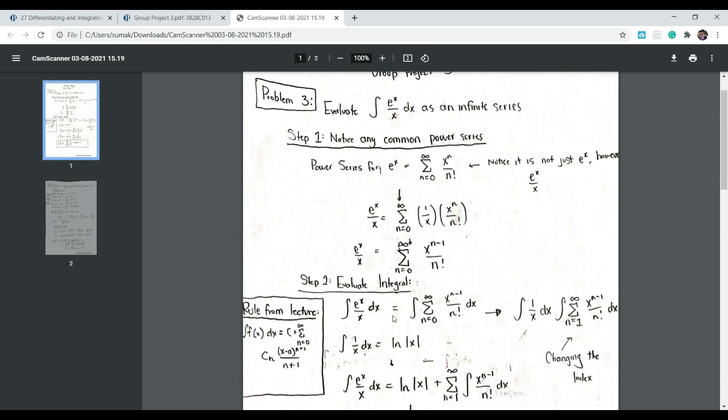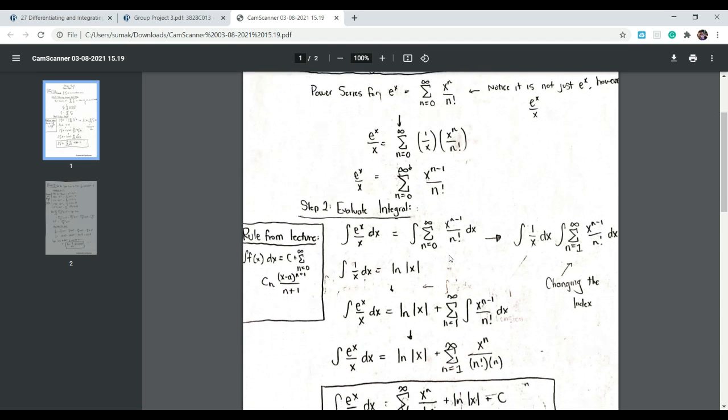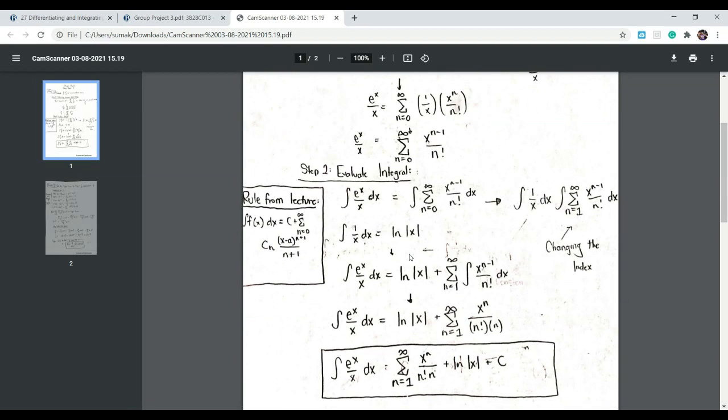So we have e to the x over x. Since we divided by x, we got the summation from 0 to infinity of x to the n minus 1 over n factorial. Now, the second step is I wanted to evaluate this integral. So the integral of e to the x over x dx, sorry, I'm talking kind of fast. We're actually going to plug what we found from above into the e to the x over x. So we just plug that in here. So we'll have the integral of the summation from 0 to infinity of x to the n minus 1